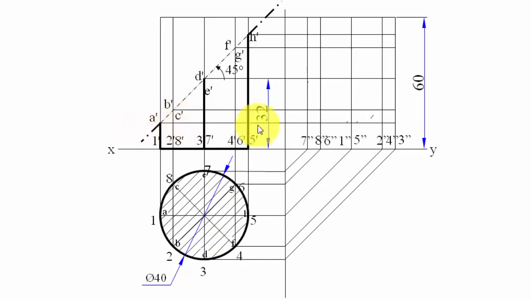So A point will be somewhere along this horizontal line. If you try to work out the exact position of point A, it's gonna be somewhere here. So this is the A I'm talking about, from here, here and here. So this is the intersection point, A double dash. Similarly, all the remaining points can be worked out, like this.